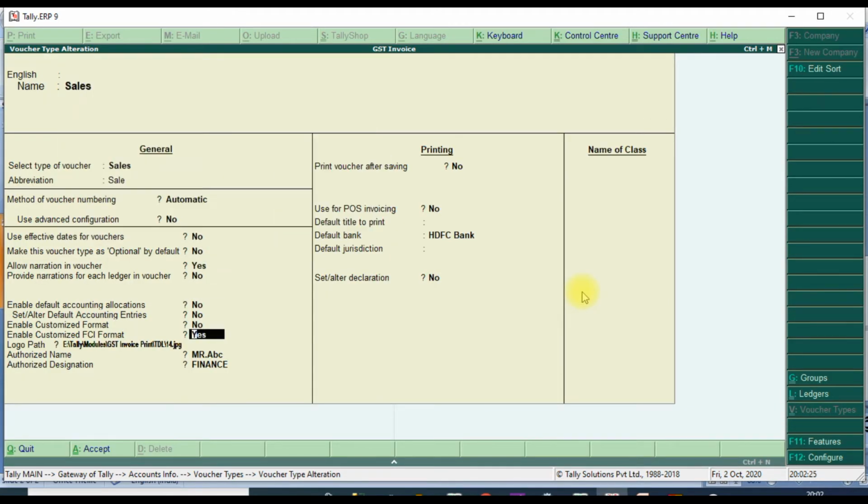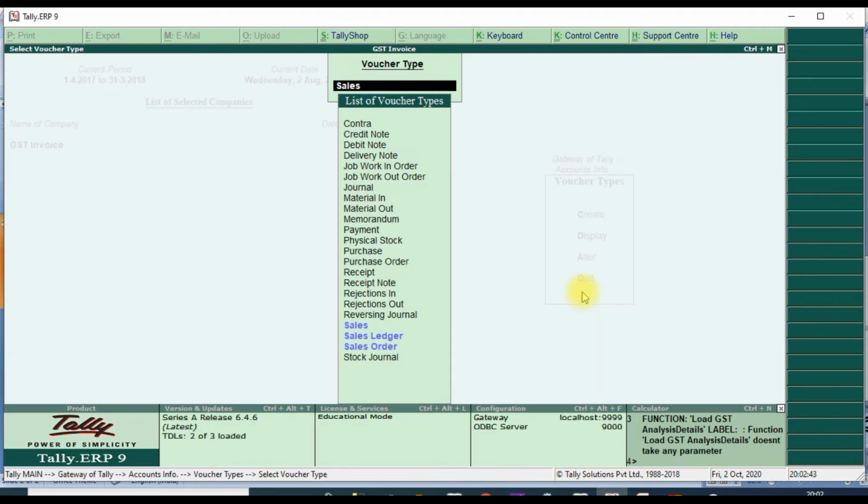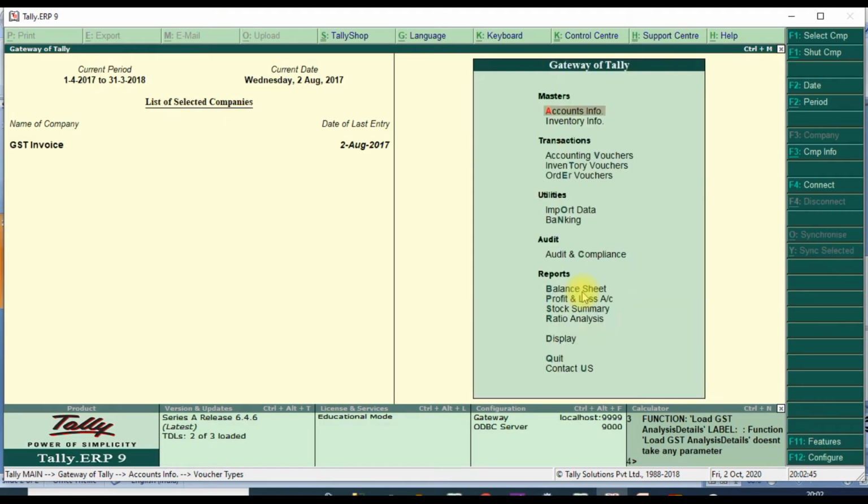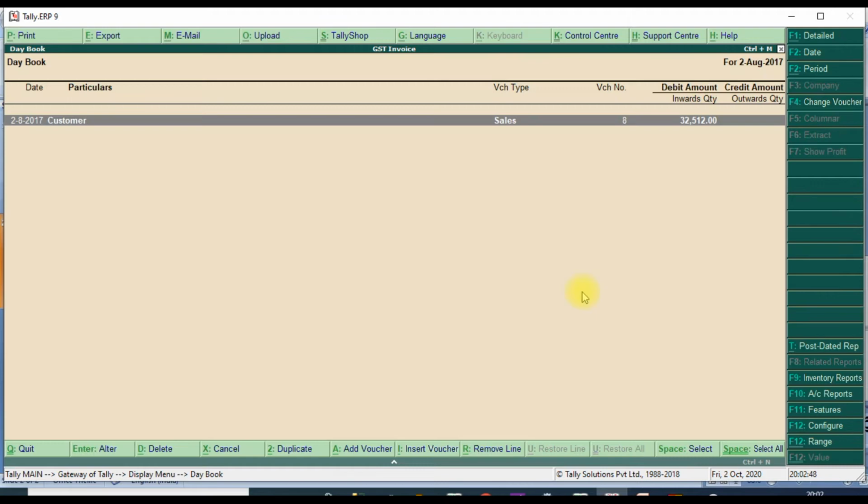You can give enable customization format, yes, then you can give the company logo path, then the authorized person, and the destination of the user, then save it.